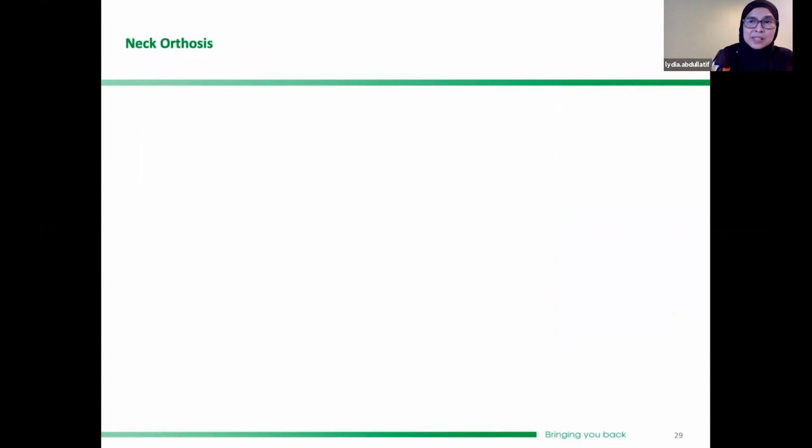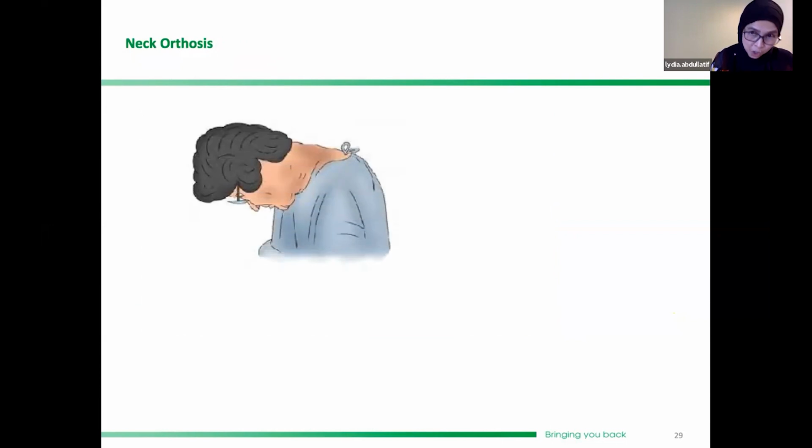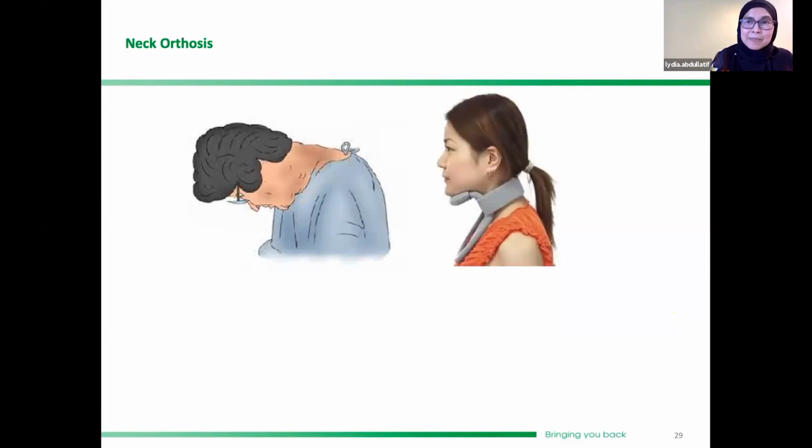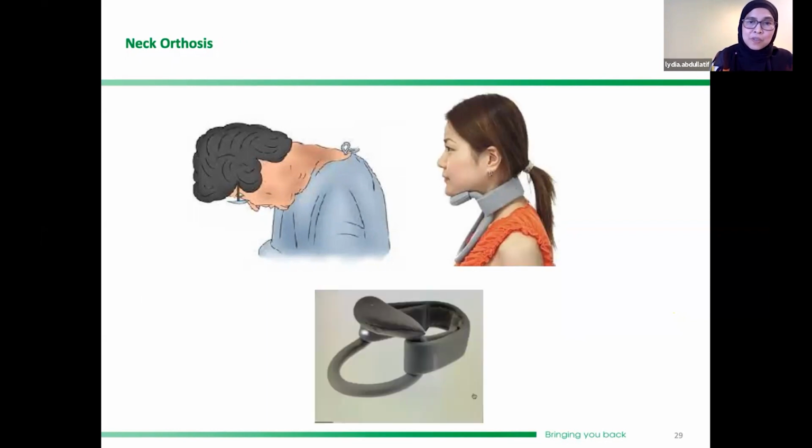The other orthosis that is useful for our MND patients when they have head drop syndrome, where their neck muscles are pretty weak, is what we call a headmaster orthosis. This is not as rigid as a hard collar. It has soft cushioning. I have requested for them to procure this orthosis, and we should be able to get it soon, in a couple of weeks' time in UMMC. I'm not quite sure of the price, but it should not be so expensive. It will be less than 500 ringgit, I was told.